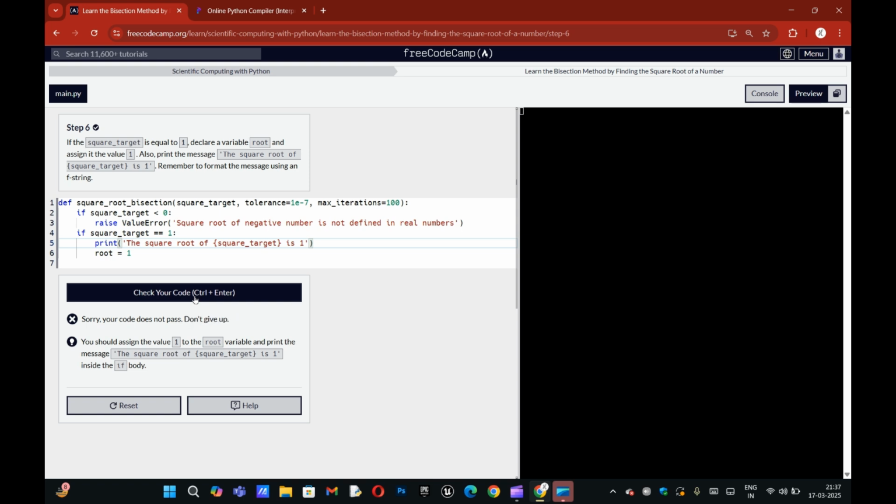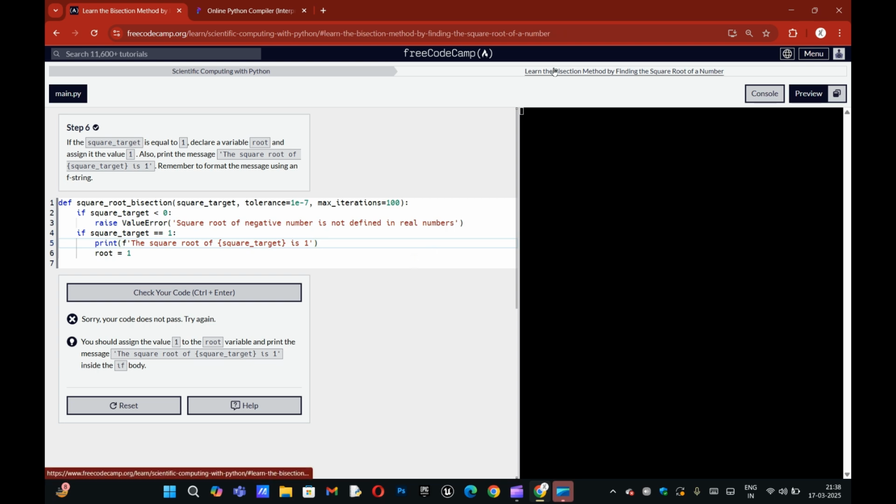Okay, something is wrong. Print the square root of square target is... something is wrong here.